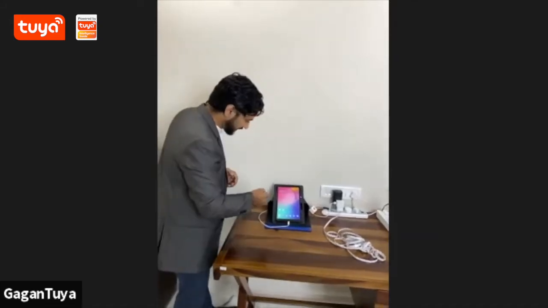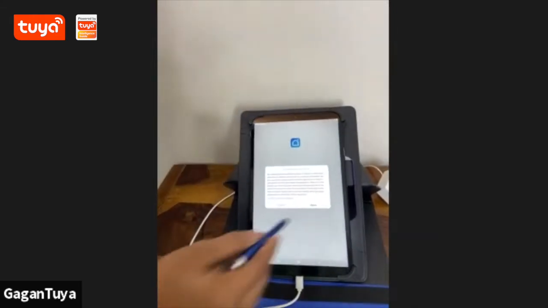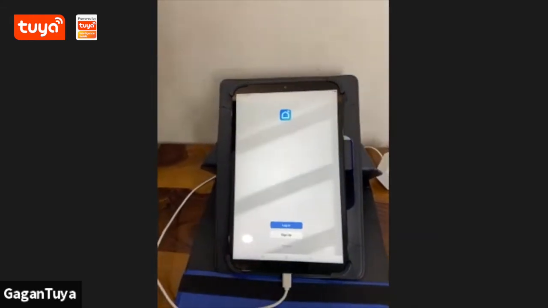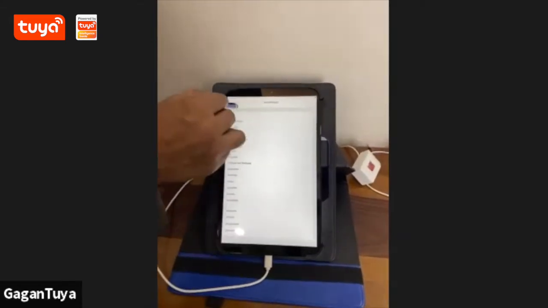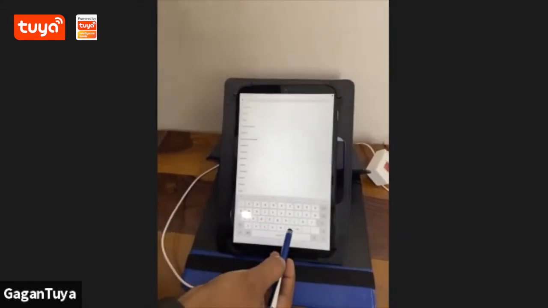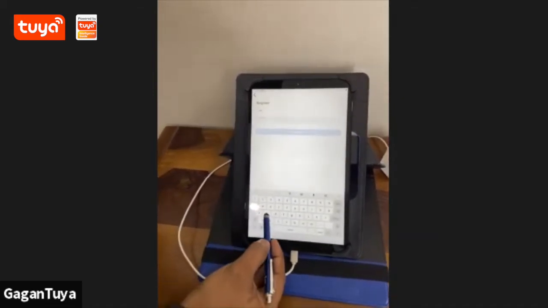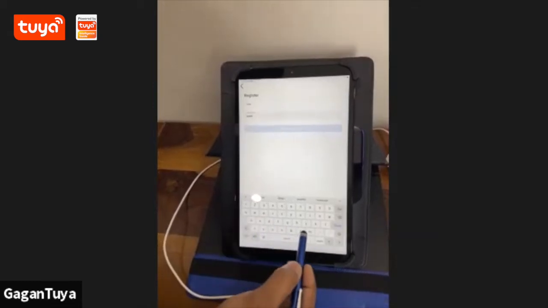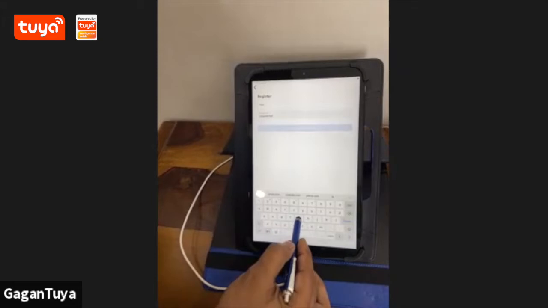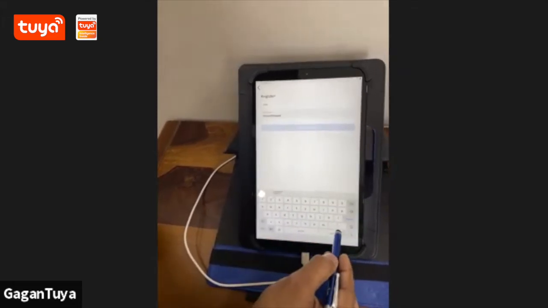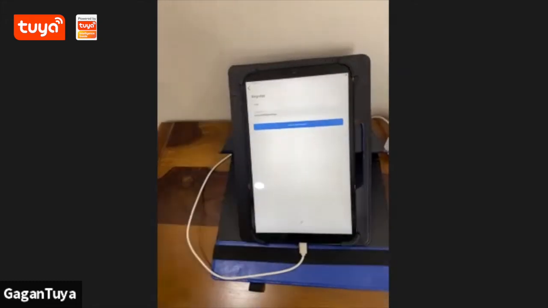So let's just do that. Now we have already installed Smart Life on our tablet. We are going to click on that. Let's click on agree. Let's sign up. Select the region, that's India. Now I'm going to enter my email ID and just click on get verification code.